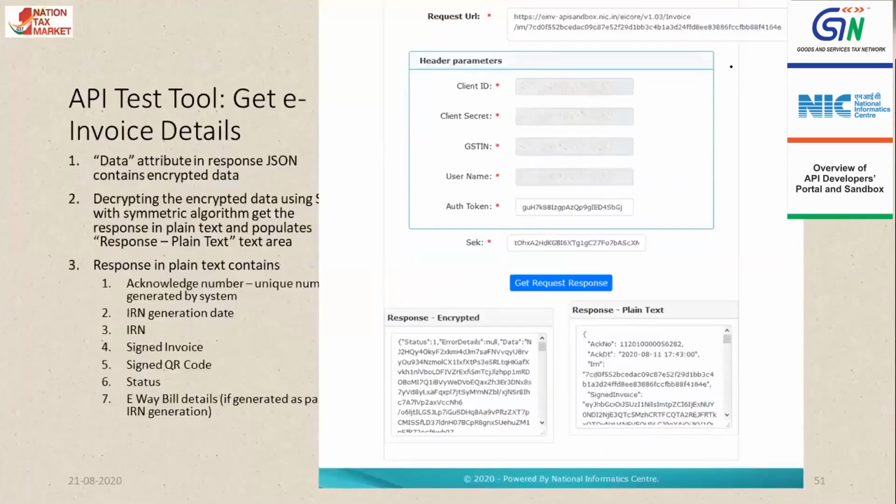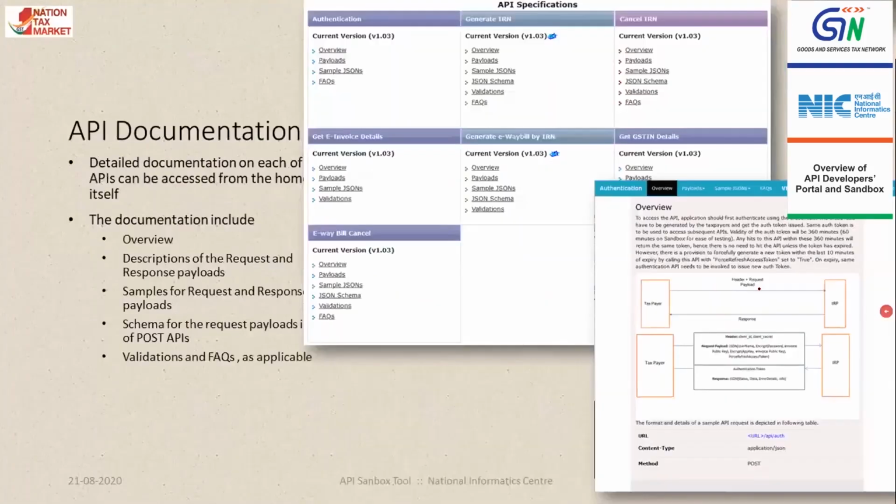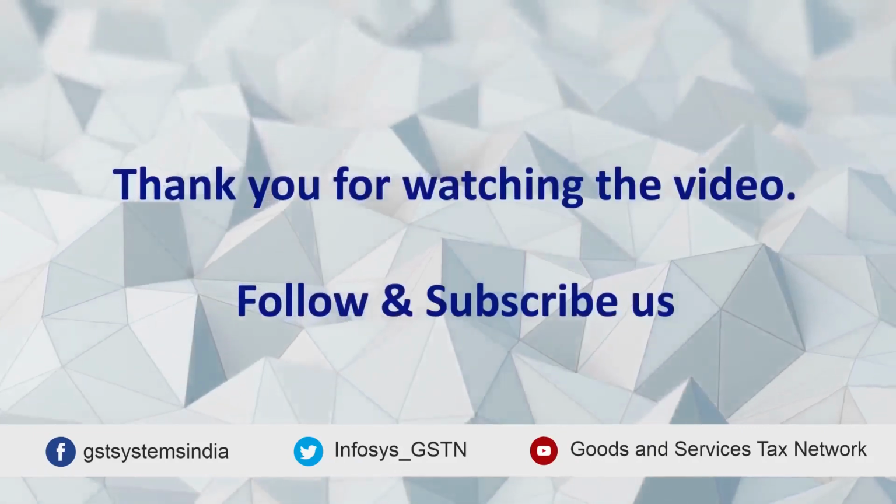Here we have some other tools in the main page where they can verify the encrypted code, the signed responses can be verified, and the public key required to encrypt the password, etc. And the endpoints, all those things are available for the users once they have logged in to this portal. So with this, I conclude my demo.